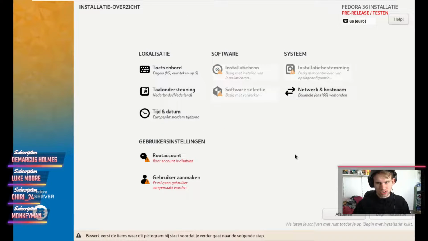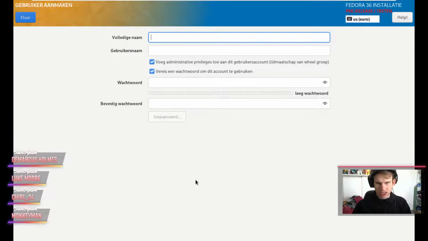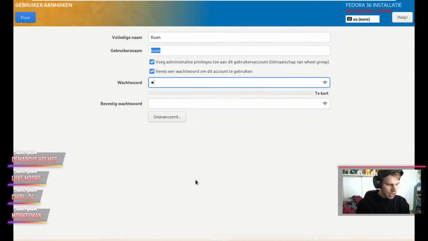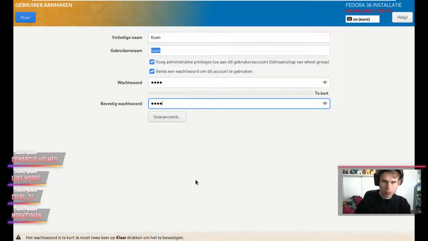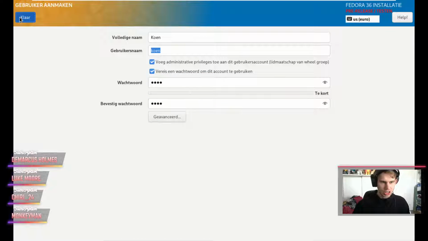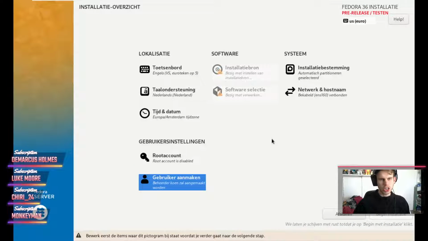Alright, there's the install disk, and I need to create a user. Now one thing that I want to point out real quick about this is that if you're going to run a server instance of Linux, I highly recommend you just keep the root account disabled. Why? Well, I don't ever use a root account myself because it just adds way too much clutter in your system.